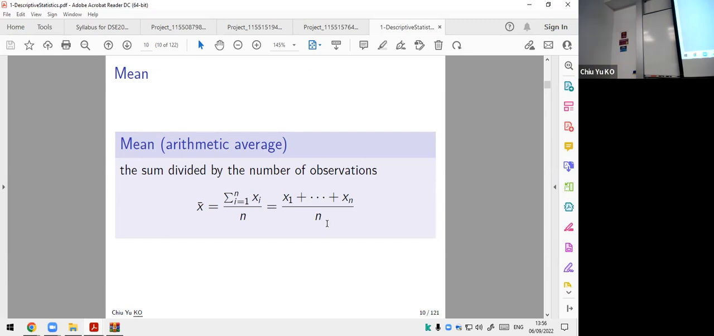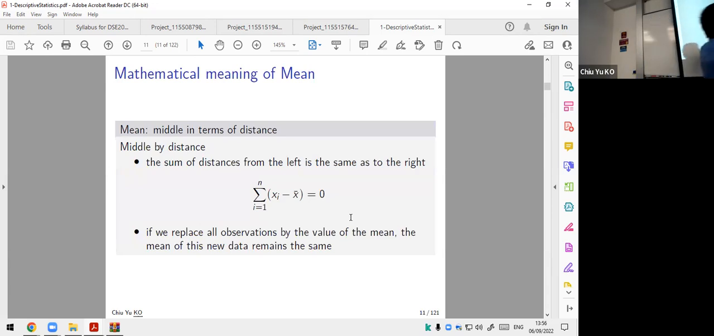Because sometimes it's the middle. The idea is very simple. If you rewrite this equation, I'm not going to do the math, it says that if you take every single observation minus the mean and add that up, you get 0. To put it in perspective, let me